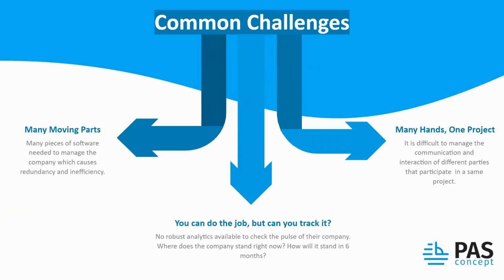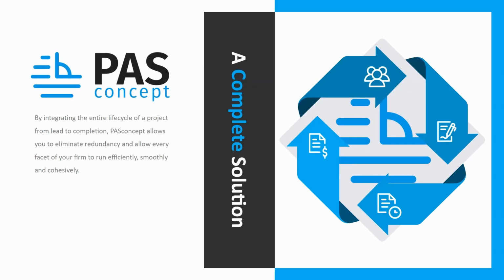The last big thing, and we primarily noticed this on companies that were in the process of growth, that were bringing on new employees, was many hands on one project. When one project had to be shared amongst different employees, sometimes the communication cycles became a bit, well, for lack of a better word, clunky. You would have emails be sent to one person but not another. You would have files be downloaded, modified, and then 3 or 4 different variations of that file. They oftentimes just didn't have a centralized repository for both communication and for file sharing. And that's where we come in.